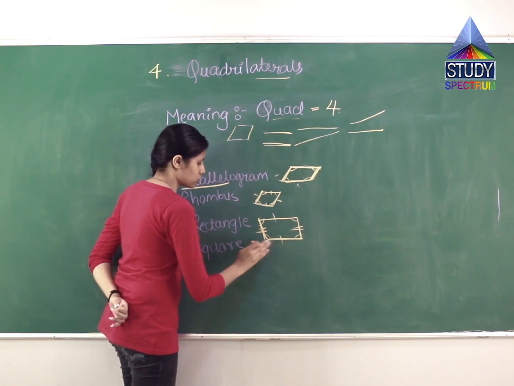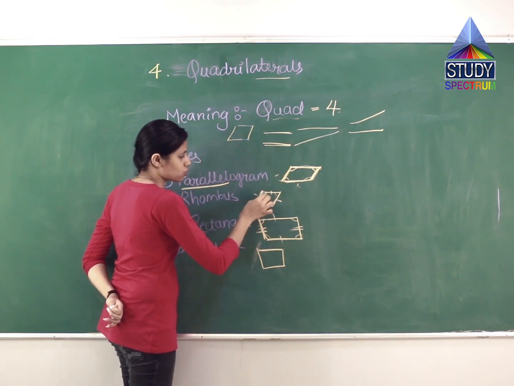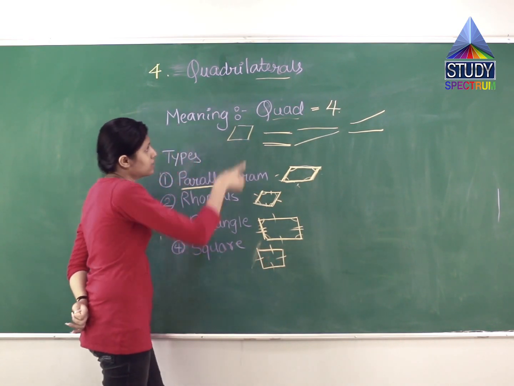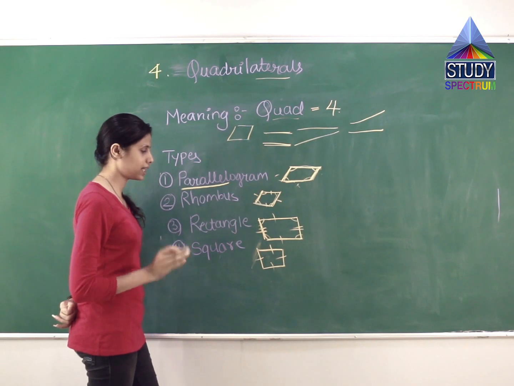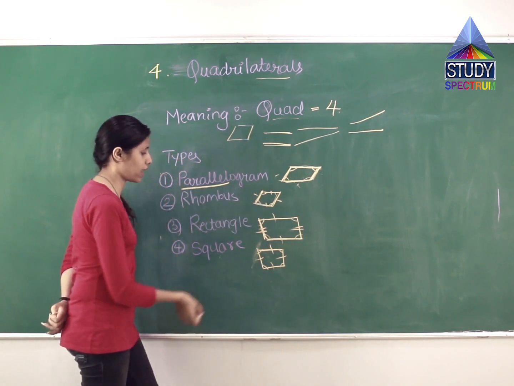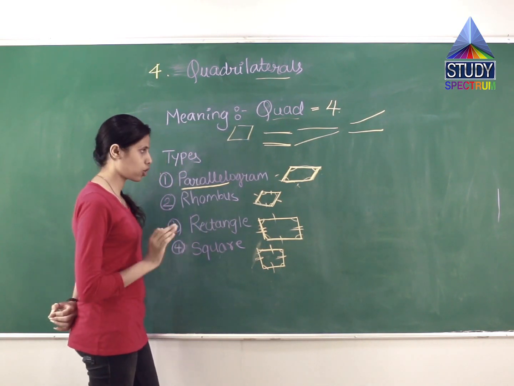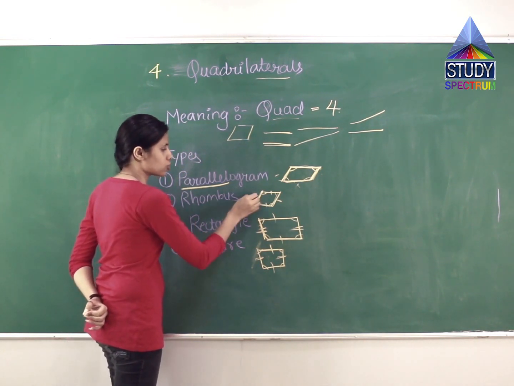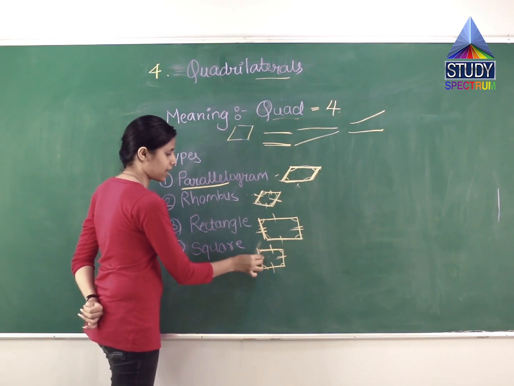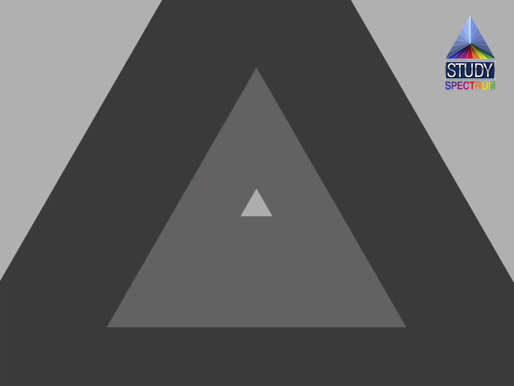What is a square? A square is similar to a rhombus. Here the lines were slant, but over here they are straight. It has four sides, because a quadrilateral always has four sides, not more than that, not less than that. It has four angles. Another property of a square is that all the sides are equal in length. No side is longer or shorter. Just like a rhombus, which also has all sides the same in length. It has four angles. We will study all this in detail at a later stage.